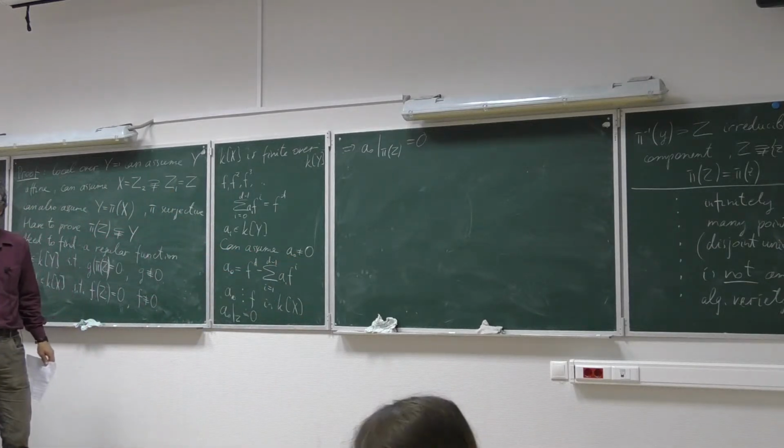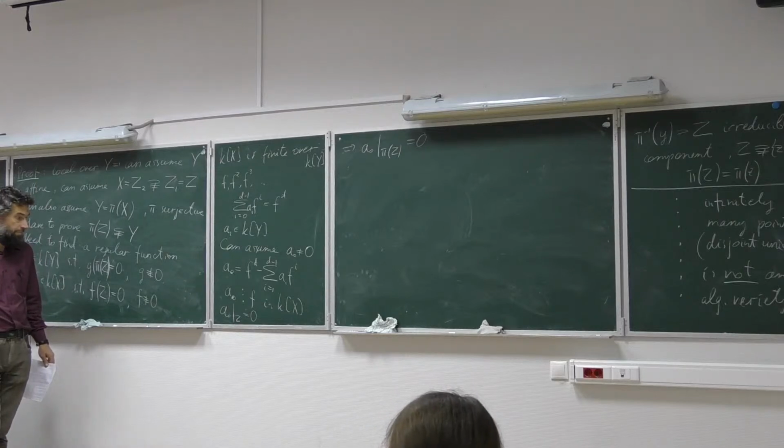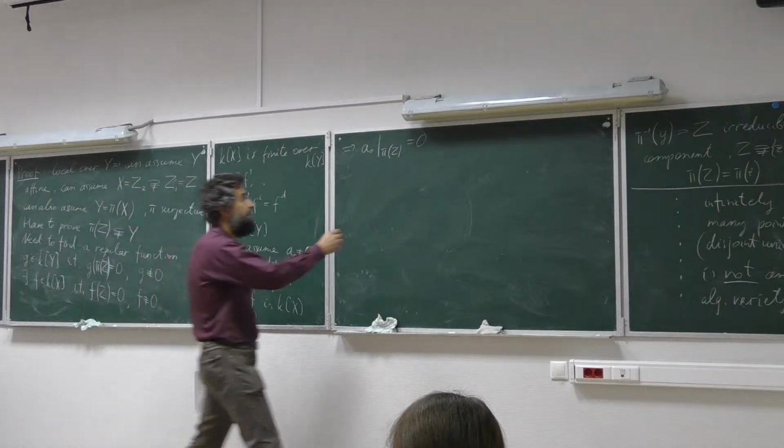Right? Ты мне очень хорошо говоришь, что А0 ограничено на z, потому что А0, оно все-таки в k от y, нет? But yes, but k of y